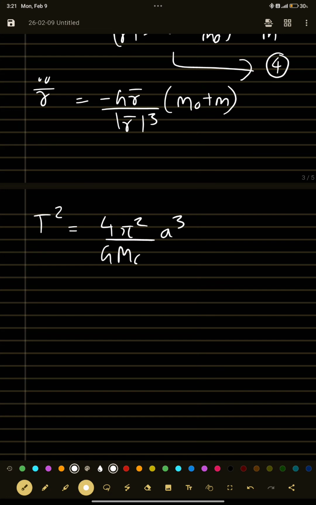Now if there is a correction, how will this be modified? As per this equation, this will become m naught plus m. That's the only change. So this is what you have calculated, and the corrected time period, or the most accurate, will be 4 pi square t square